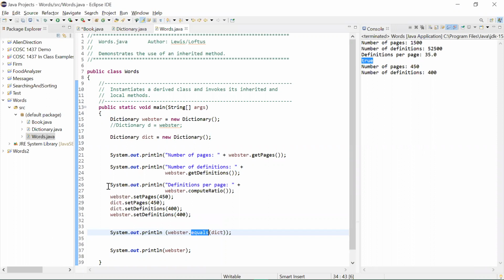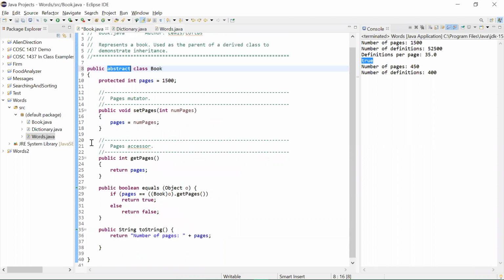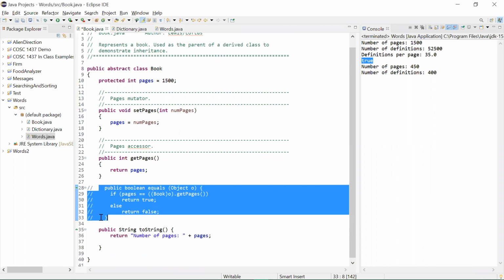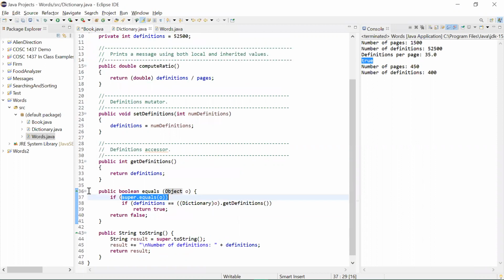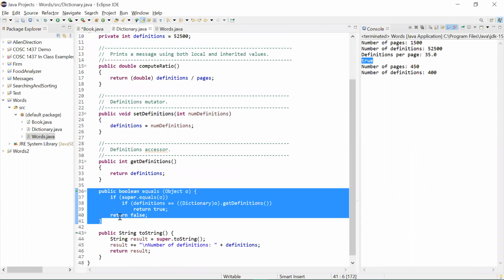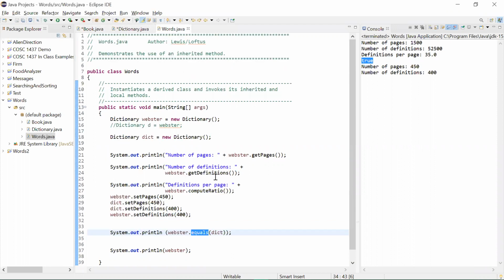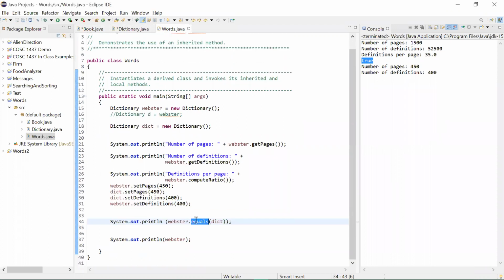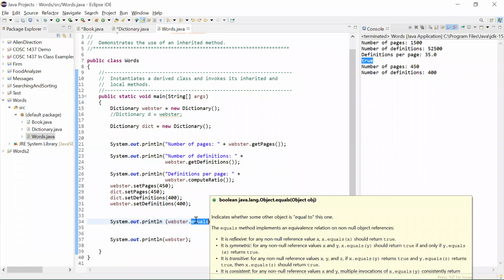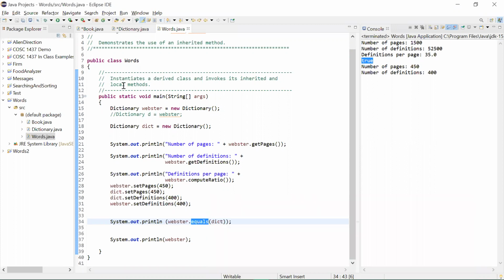That's why even if I don't have it, let me comment this out, it will still compile. I commented it out, and it still compiles. Let's go back. It still compiles. Why? Because once again, it checks only to see if that method exists, and that method exists in the object class, so this compiles. But when it runs,